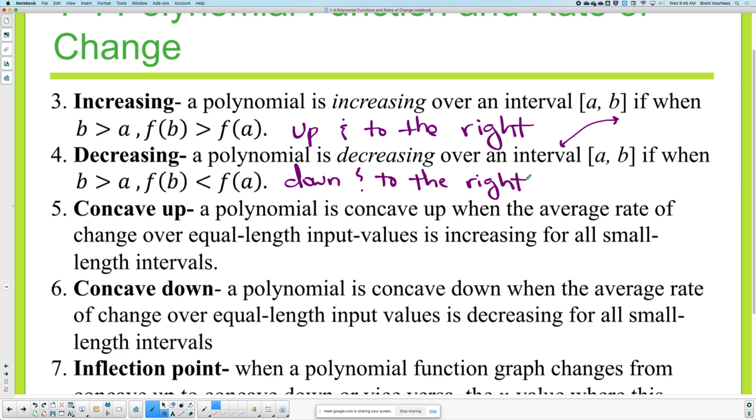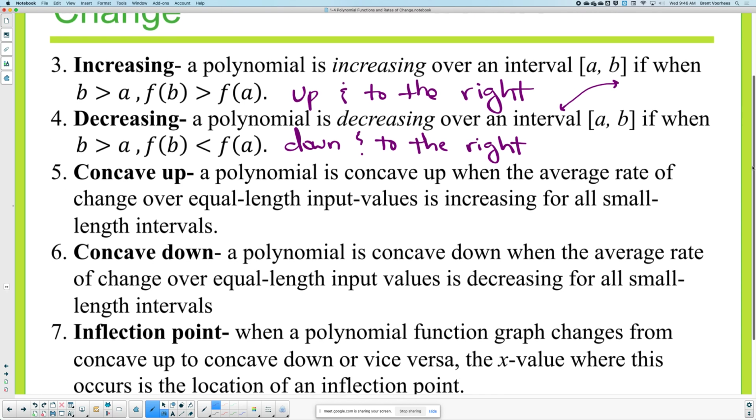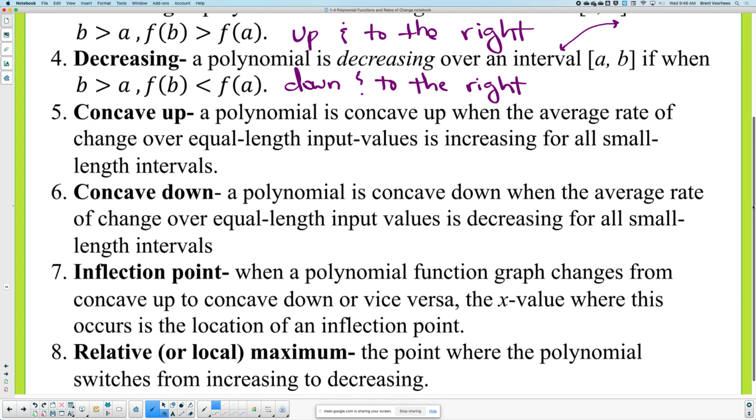Okay, now concave up. Does concave up look like it holds water or it's dumping water? Holds water. Concave down drops. What was an inflection point? Y'all remember? It's where it goes from one concavity to the other. Alright, good. So on here I'm going to just draw